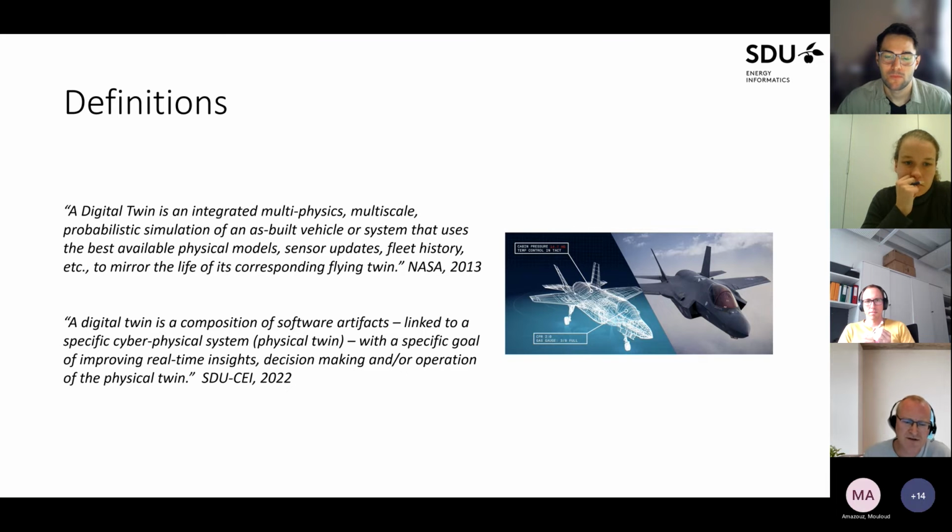that we say a digital twin is a composite of software artifacts linked to a specific cyber-physical system, basically a physical twin, with a specific goal of improving real-time insights, decision-making, or operations. The reason why we're focusing on real-time insights and decision-making is because many of the projects we have been doing in the last years are very much focusing on decision-making or improving the operation of the system, typically